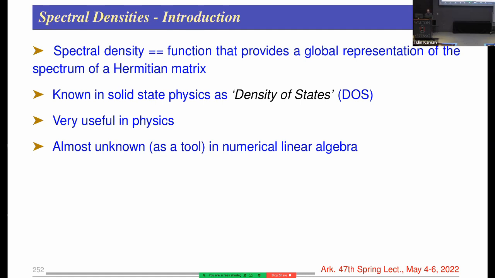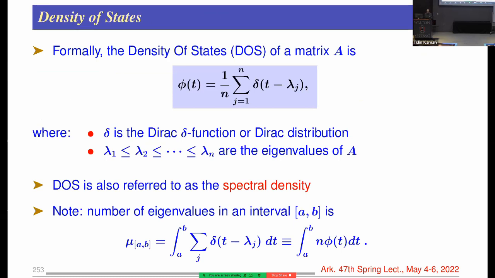Okay, so let me just go a little bit more about the spectral density. The definition is here. And you can see it's totally useless as a formal definition. Density of states is the sort of average of these Dirac distributions at each lambda i. So this is not a function even, it's a distribution. And you can think of it as a very, very discontinuous kind of function, this phi of t, right? But the way it is given here is not very useful